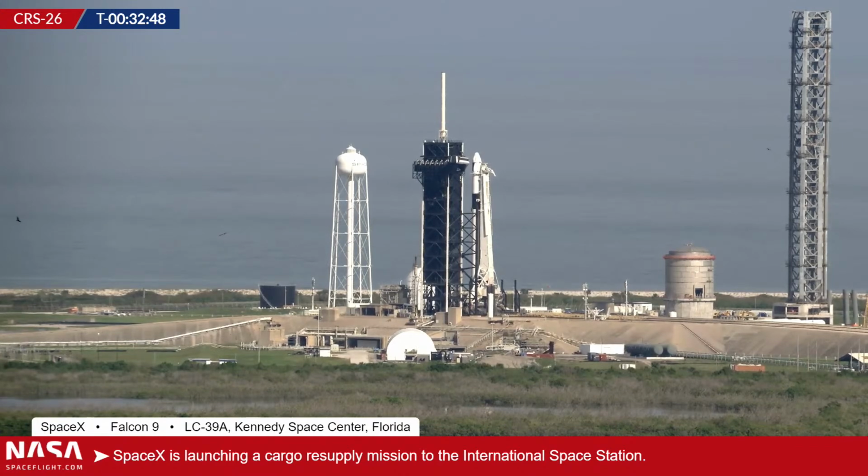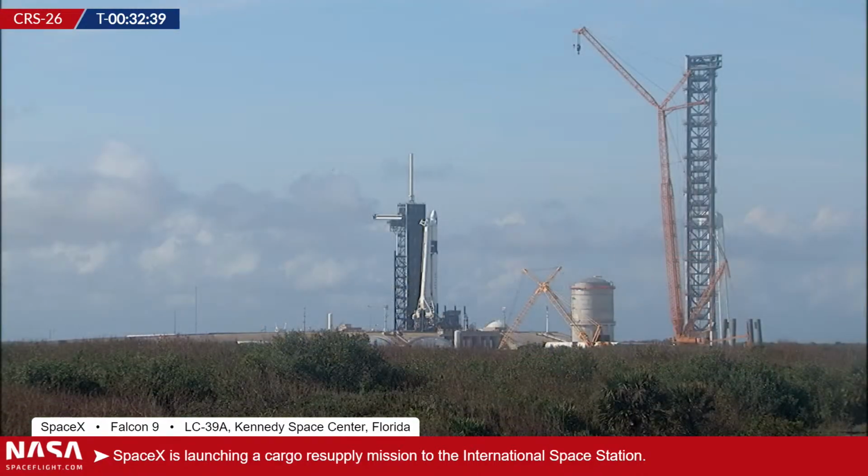But we must not forget the presents, the holiday food, and all of the goodies that are also going up to the crew. Like a bunch of stale cinnamon buns, a bunch of mushy candy canes because of the scrub. Part of their holiday meals would be on board, and we're also on board the Cygnus spacecraft that launched and the most recent Progress vehicle that launched from Russia, as well as gifts and everything from the crew's family members here on Earth,